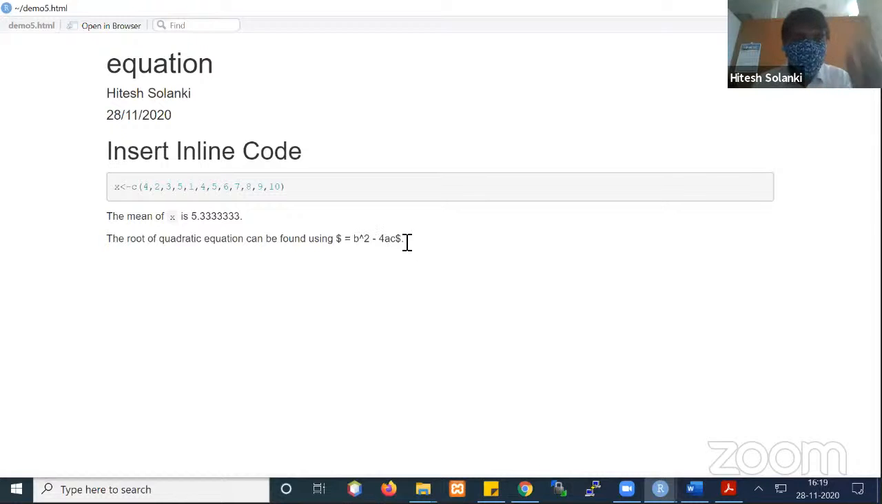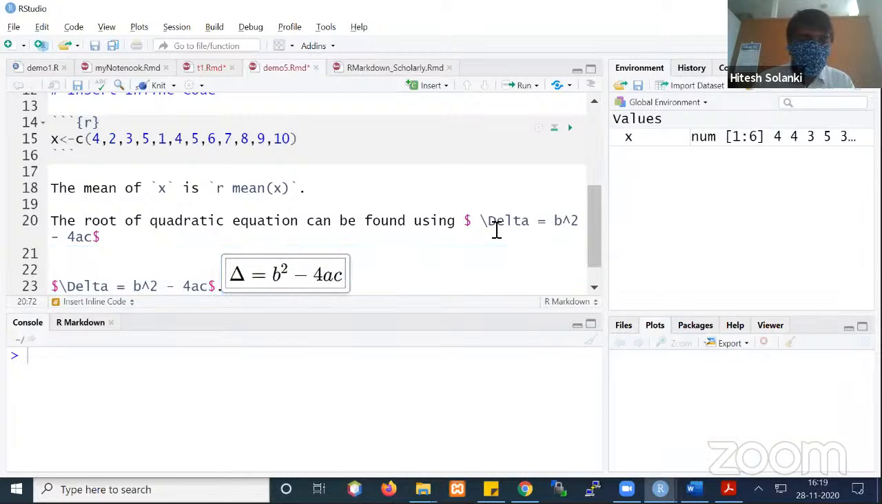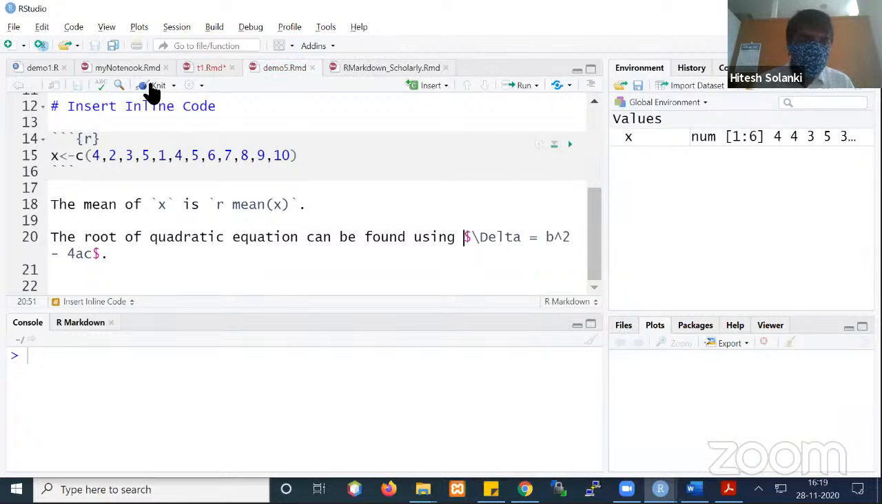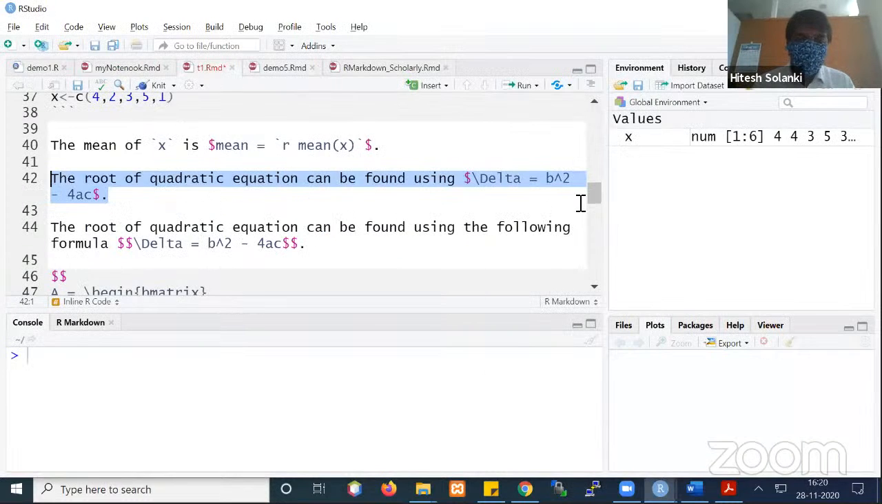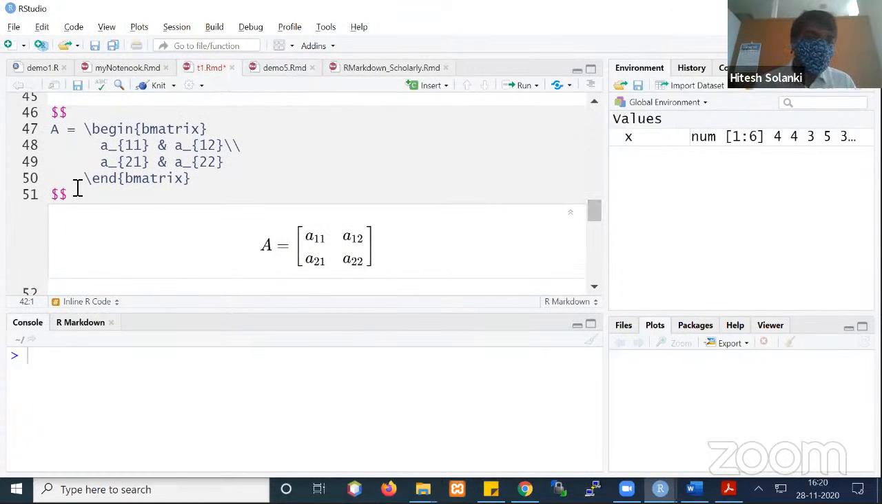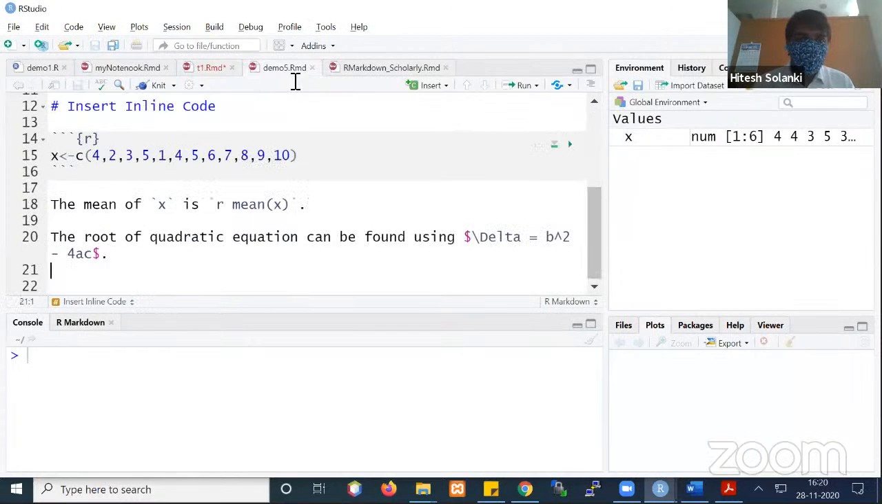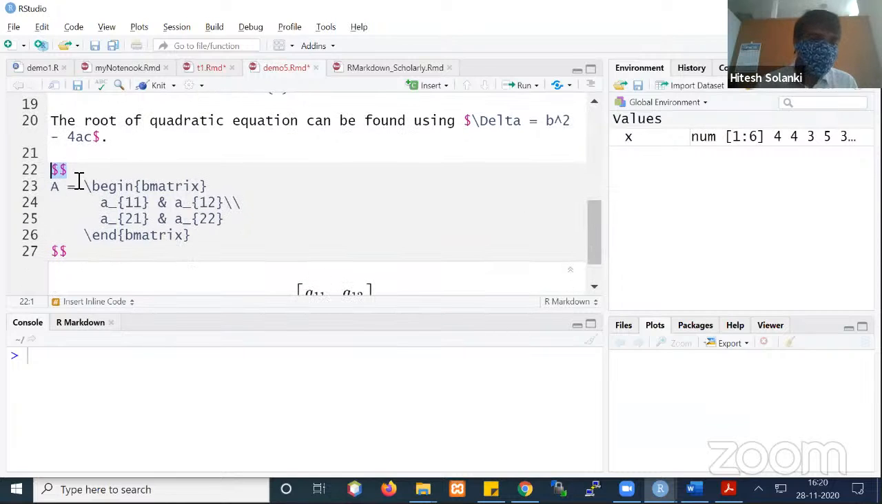So it gives, see, just a minute. It gives a result with this. Now the same thing you can write if you want to add some matrix or the like. So that is also possible. Let's say I want to add a matrix. This is inline LaTeX code, so that's why we have used a single dollar here. If you are using a LaTeX segment, then it will be this